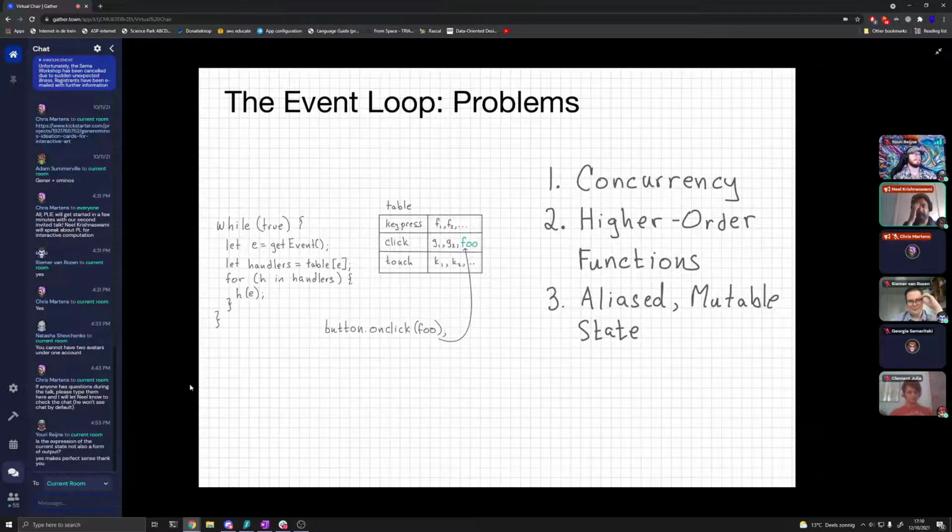And then even if concurrency and higher order functions aren't difficult enough, all this stuff is done through some extremely heavily aliased global mutable state. So if you've programmed in Cocoa or GTK or the JavaScript DOM, you'll notice that there's this thing which people call the scene graph.